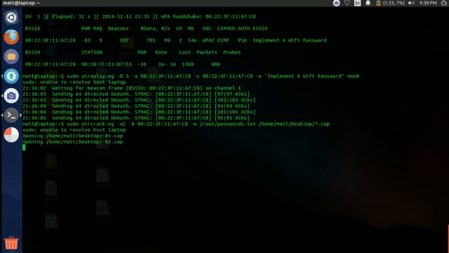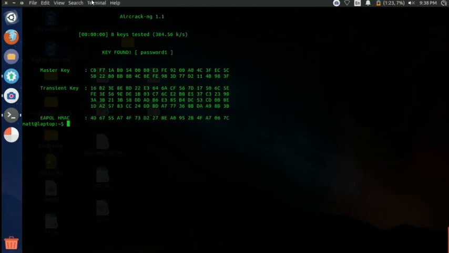We're just going to press enter, and look at that. What do you know? We found the key, password1. So let's go ahead and try to connect to this network. Hopefully it asks for the password. It may not. And this was stored in the dictionary file. So if you can get a big file, like 15 gigabytes from CrackStation or something, and that password's in it, it may take a while, but